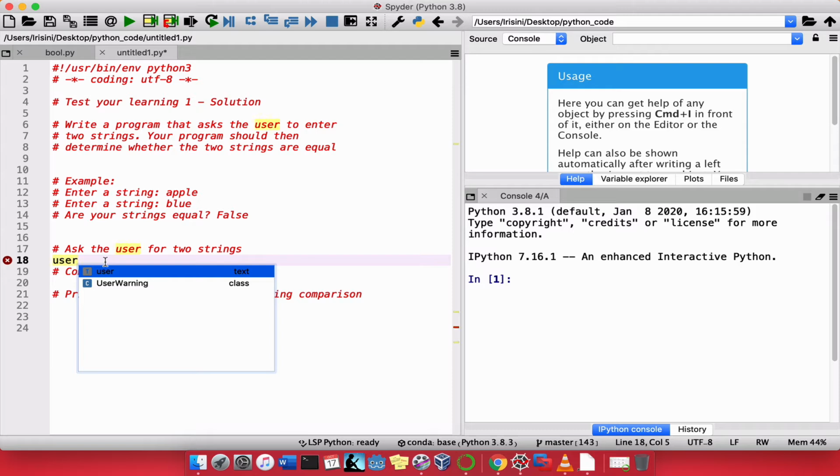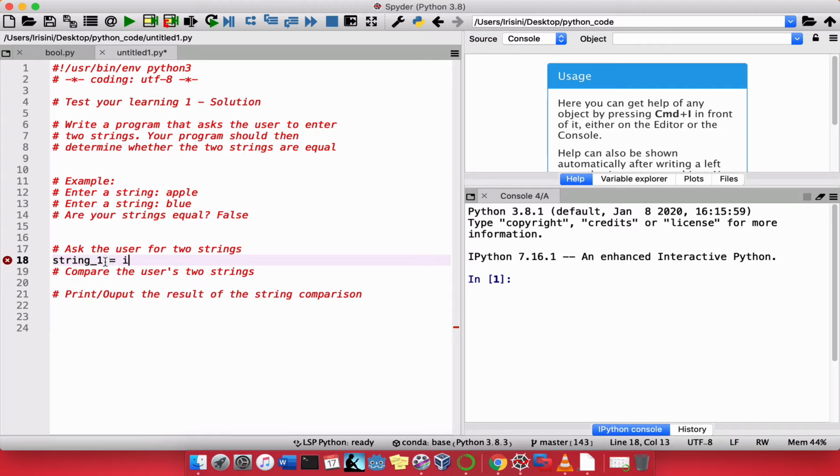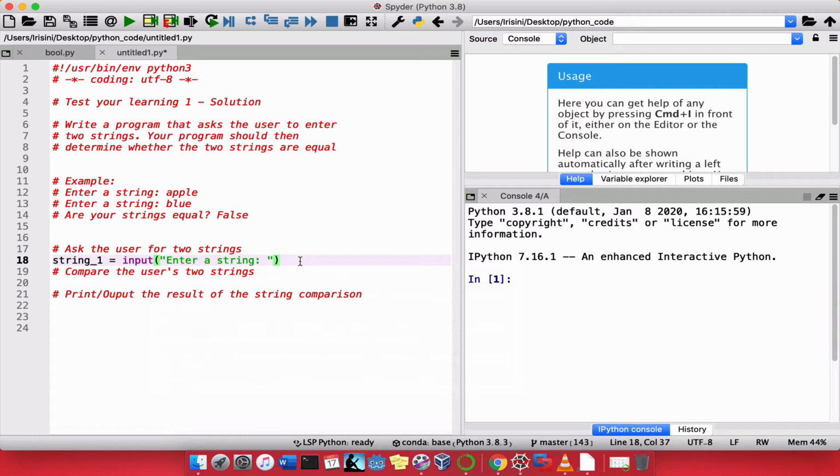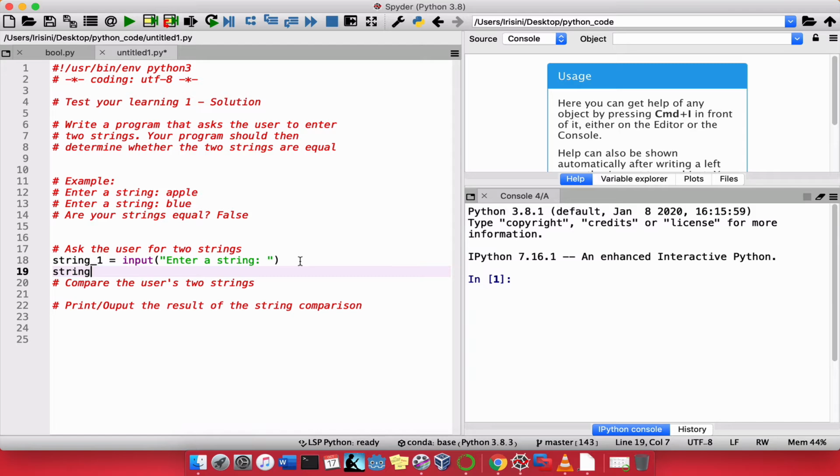Let's call this string_1, and that will be input. Let's follow the pattern which says "Enter a string". Notice I'm using double quotes for this particular problem just because I want to. And then string_2 will be input,